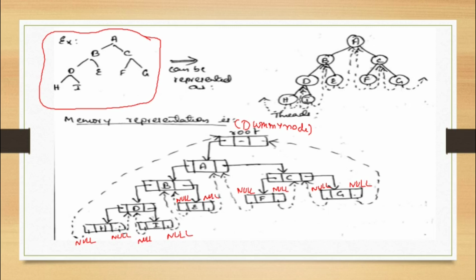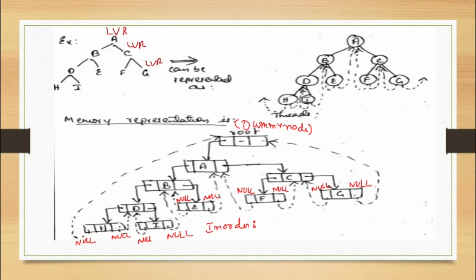Now find the in-order traversal of this tree. I have already calculated and kept it for you, and you can similarly calculate it by our normal method. Otherwise we can calculate it here only, no issues. I'll just remove this thing because we have to find the in-order traversal. In in-order we visit left, then visit, then right. So you need to find the in-order traversal of this.